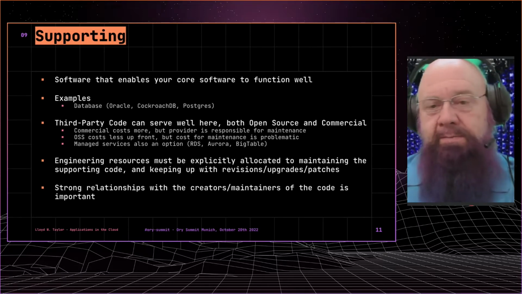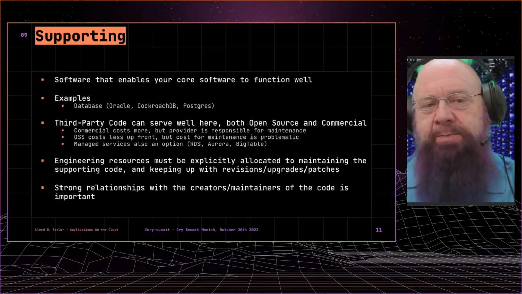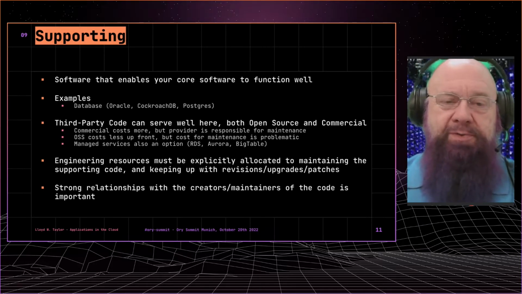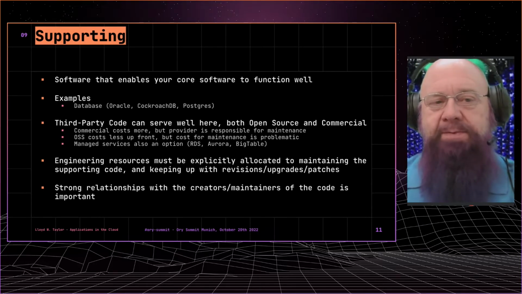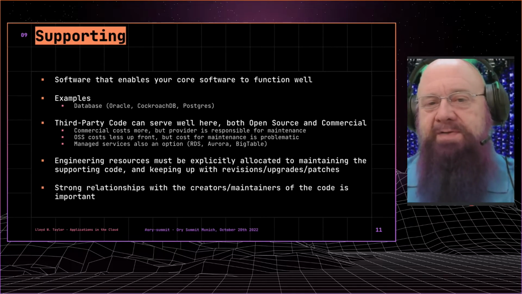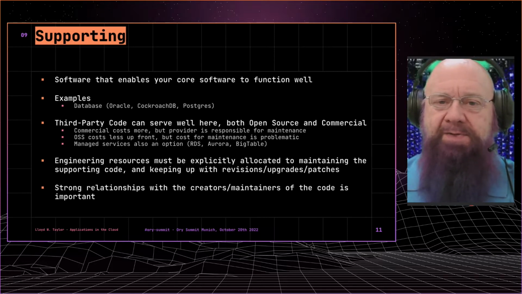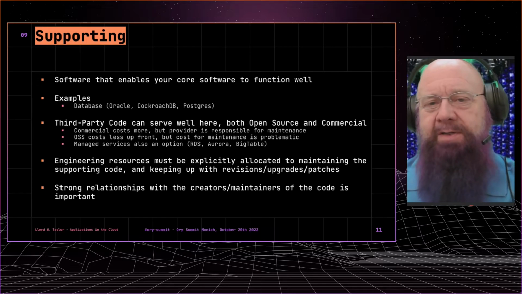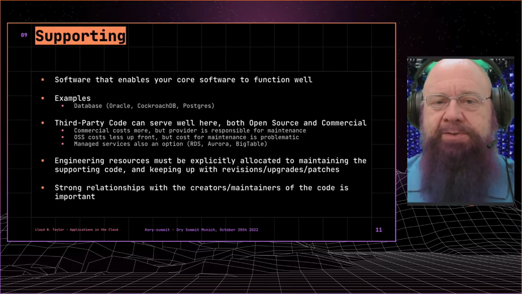And again, if you're doing supporting software, whether it's third-party or commercial or open source, you have to assign engineering resources to maintain the supporting code and maintain the patches and upgrades of either the OSS or the commercial packages, and work with your own developers on updating your API calls or your software interfaces, your monitoring code. All of those things have to be